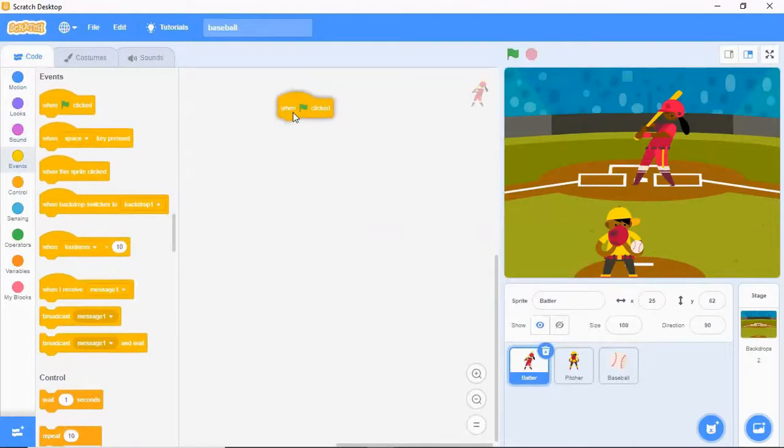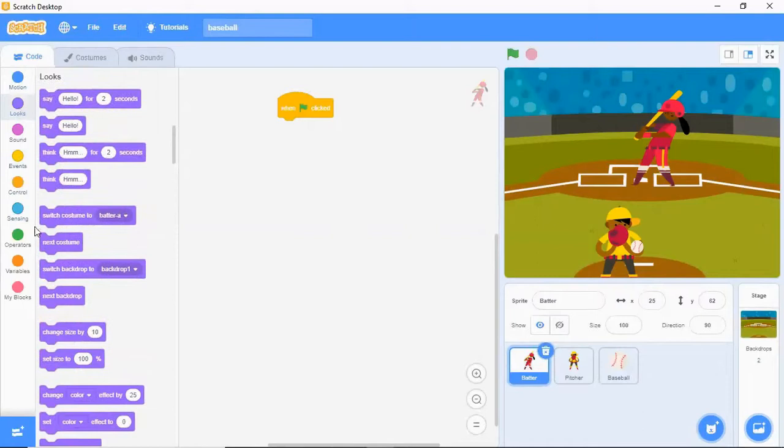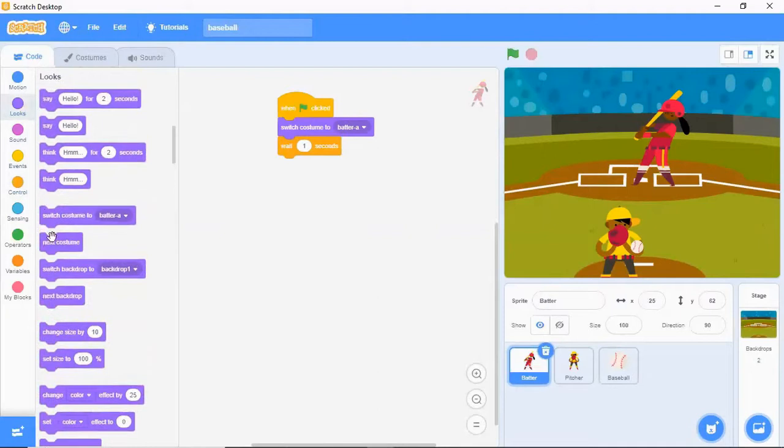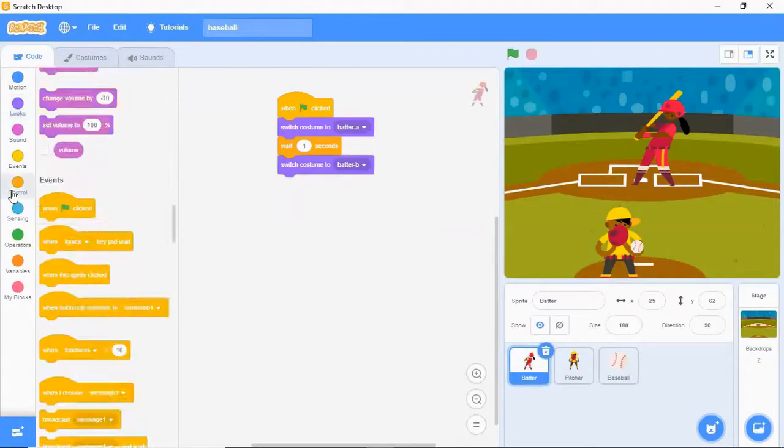Events, when flag clicked. Now every time I want to use all the costumes of the batter. So look, switch costume to batter A, and if I don't give the wait time, I'll just see the last costume. I'll not be able to see the first 3 costumes. So in between, I will even give wait time. And again looks, switch costume to B. Again wait time.